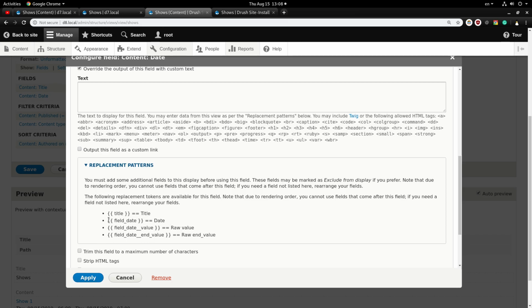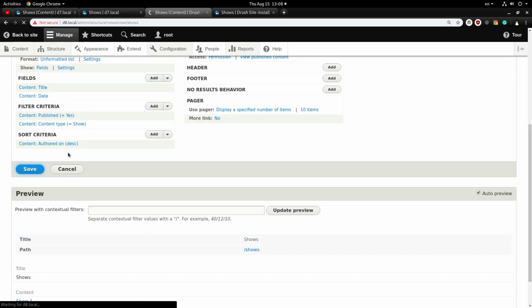So let's go step by step over these available values, and in order to be sure that this is the value that we output, we will say foo, and this one we will apply, we will save,